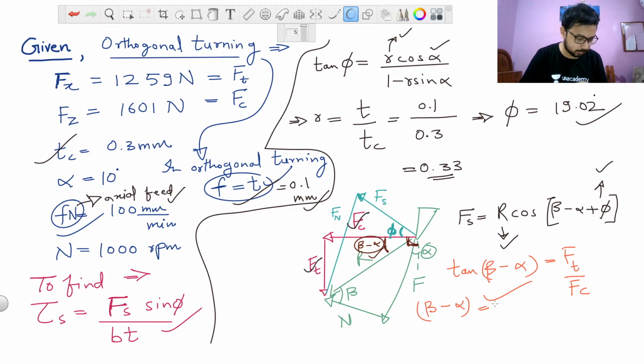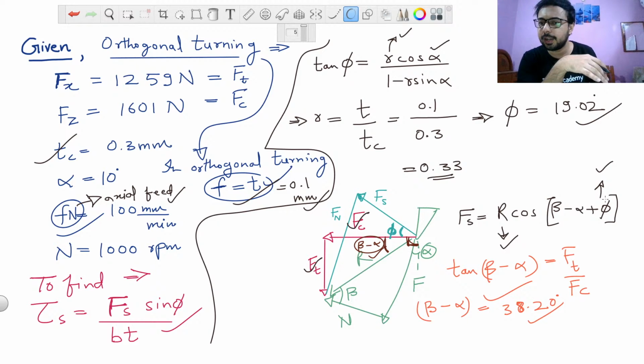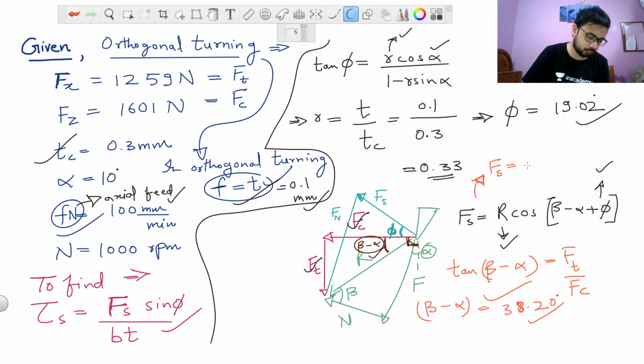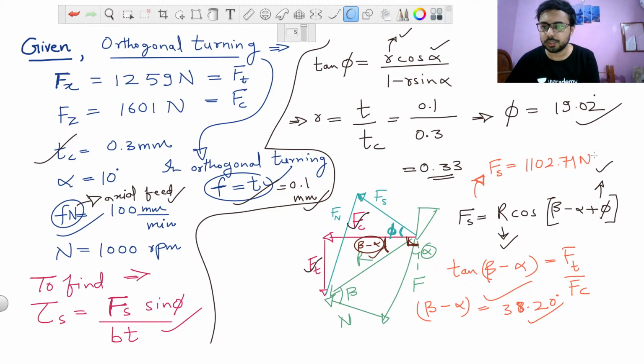So it will come out as 38.20. So this is your beta minus alpha, and we just have to add the value of the shear angle, and we will be getting this Fs. So Fs will become 1102.71 newtons. So this is the value of shear force, and you can see we can calculate